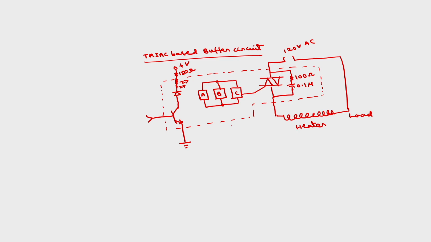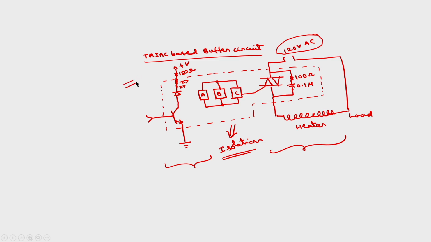So there is some sort of isolation here. This side is the high voltage or high current circuit. This side is the microprocessor, which operates with only 5 volts. If you do not have proper isolation here, what happens is this high voltage sometimes may burn the ICs that are present on this side. So because of that we have to provide the isolation. There is no physical contact, you can observe that.